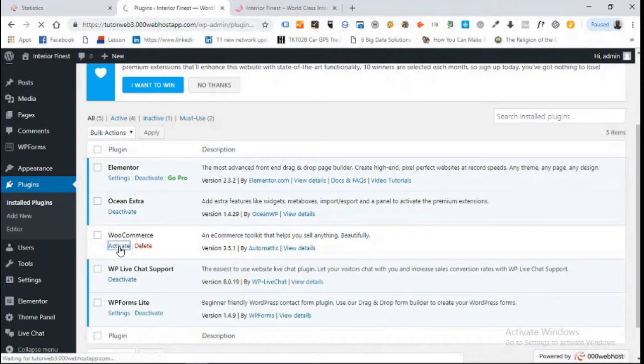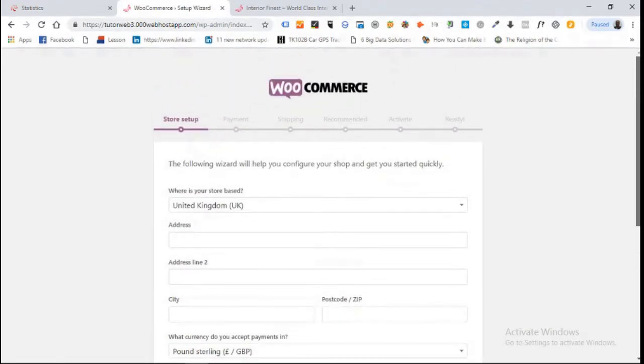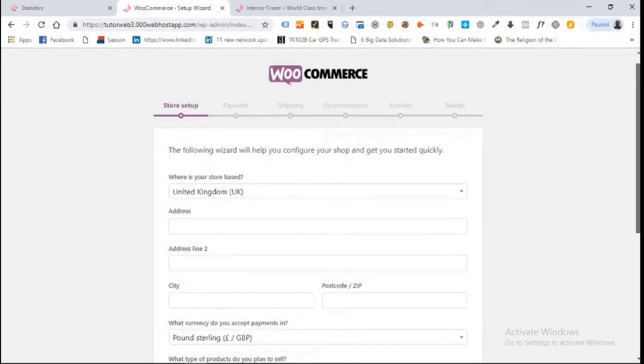Now that our plugin has been installed, we can go ahead and click on activate, and once it is activated, it will be on our dashboard options here, and so we can now start to modify the WooCommerce section of our website to make it look original and something that fits our need. Now, immediately you activate the plugin, you can see that it takes us to this page where we can decide on how to